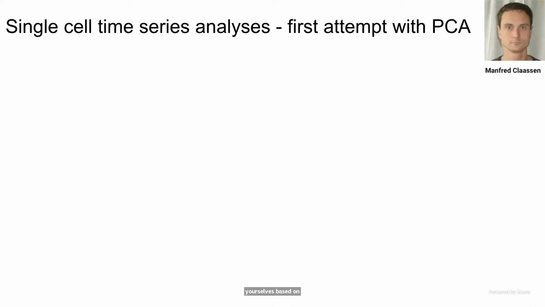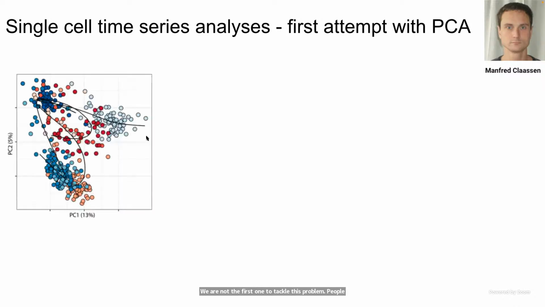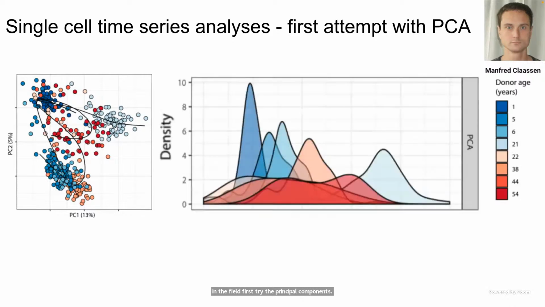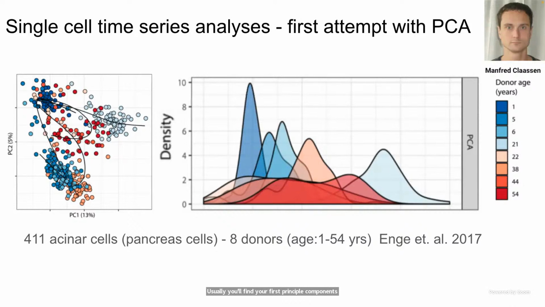We are not the first to tackle this problem. People in the field first tried principal components. Usually you find your first principal component roughly correlated with the time label you have. Here in these pancreas cells, there are 8 donors. The age of the donors ranges from 1 to 54. You find the first component roughly correlates, but you also find a lot of the modes overlap